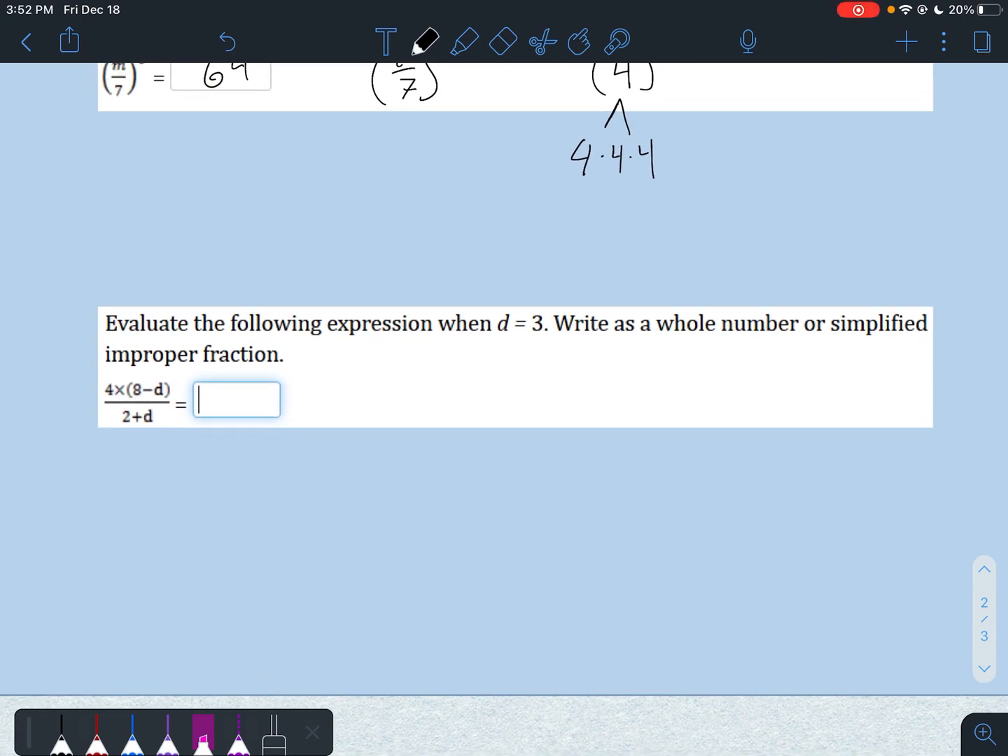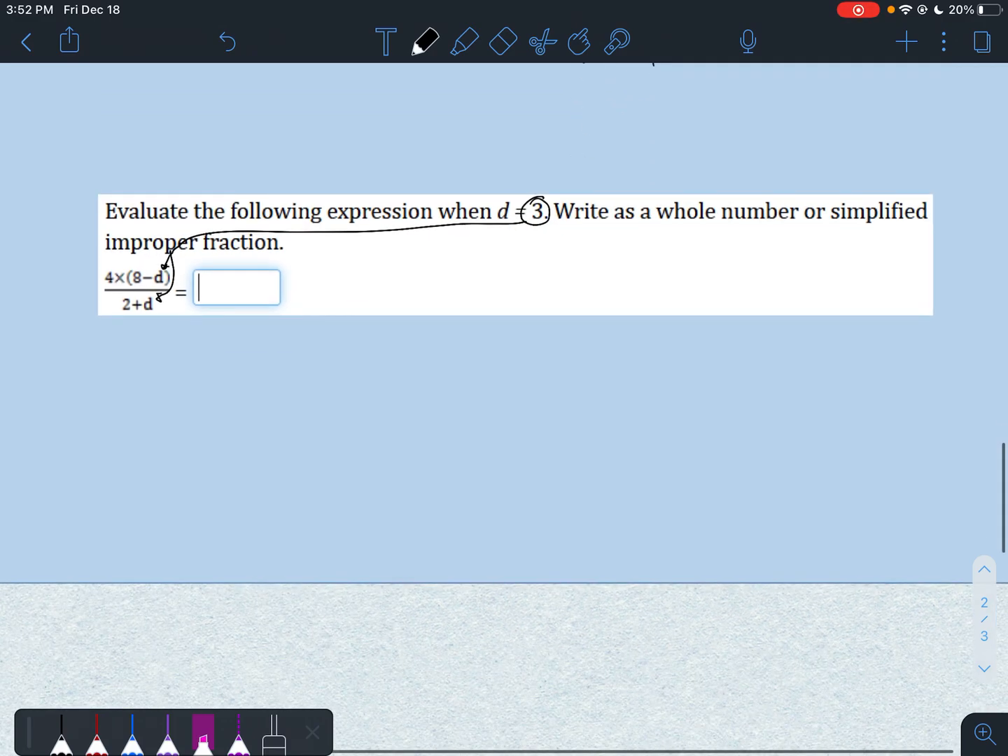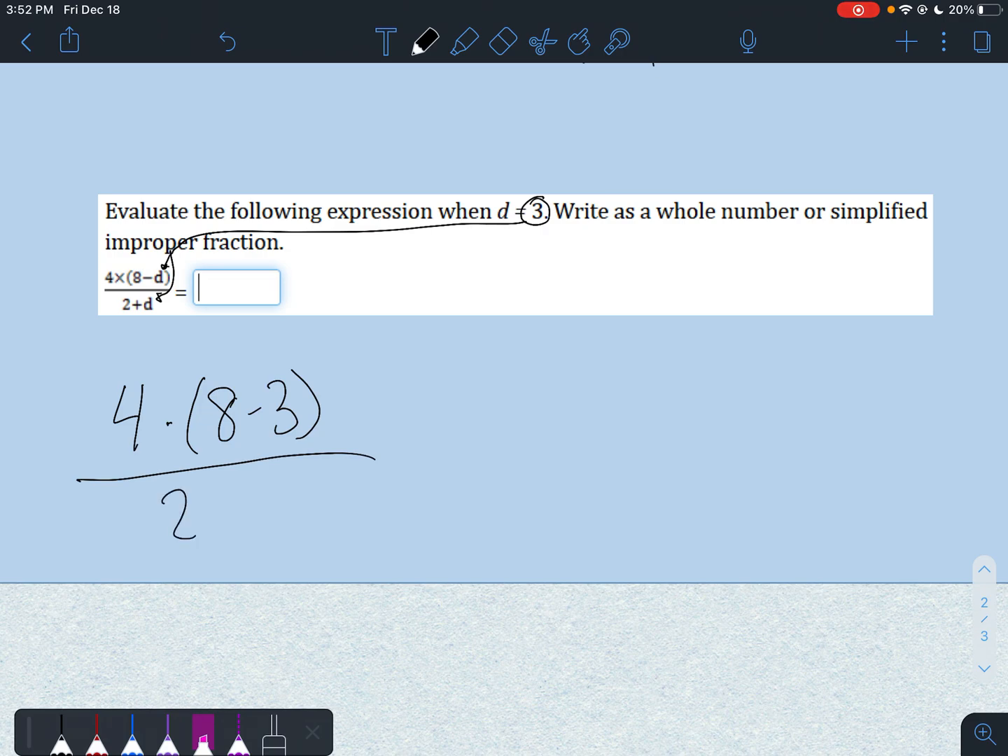And then last one, evaluate the following expression when d equals 3, right, as a whole number or a simplified improper fraction. So we've got a 3 that's going to get plugged in everywhere there's a d. Notice there's multiples. So it's going to be 4 times 8 minus 3 over 2 plus 3. Now remember, the top is a grouping and the bottom is a grouping. So we're going to operate